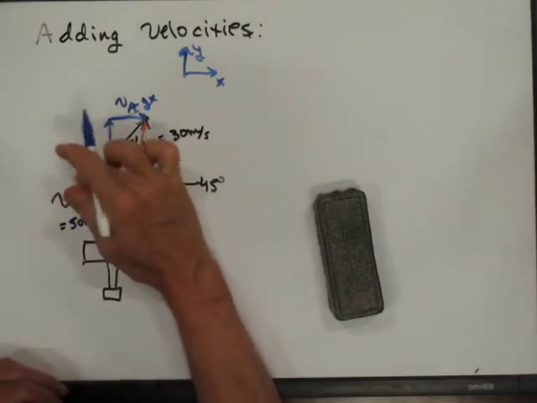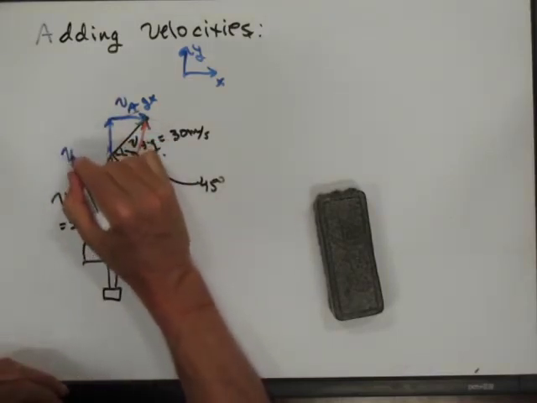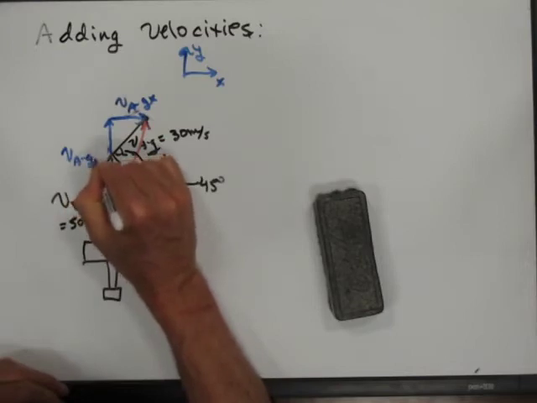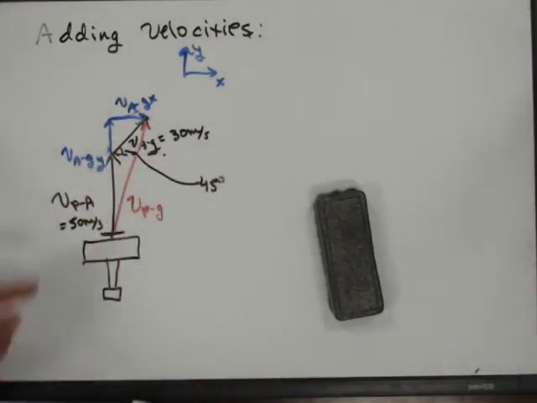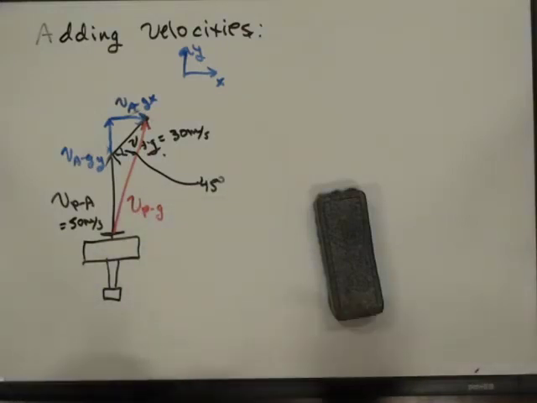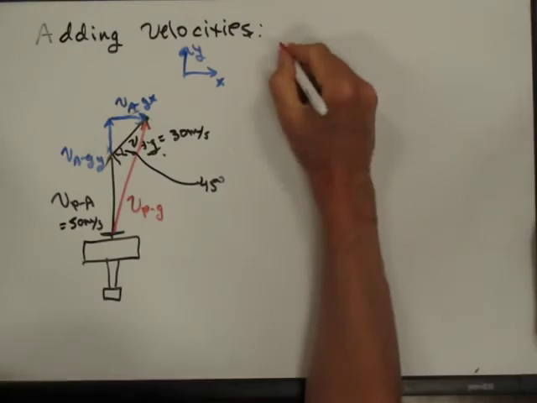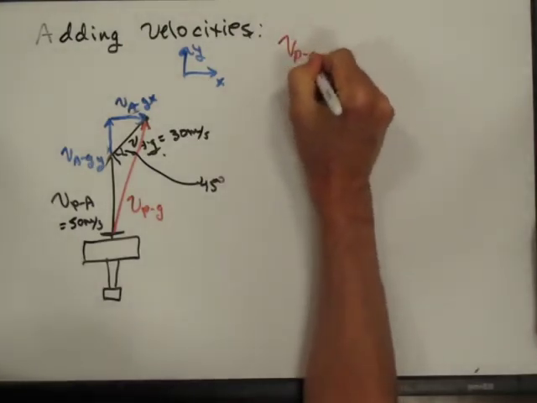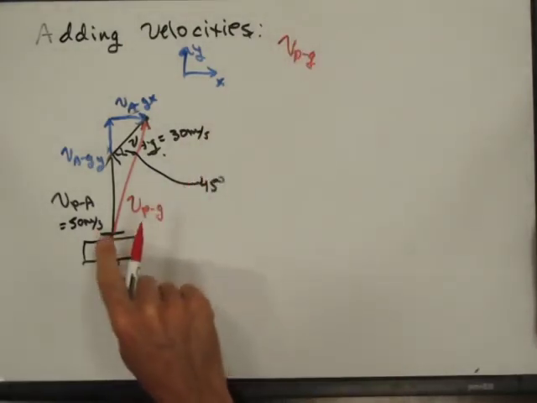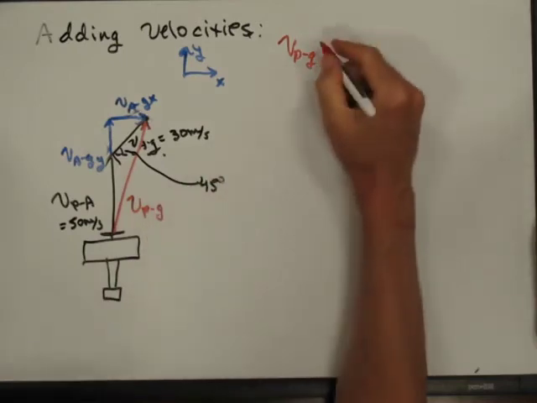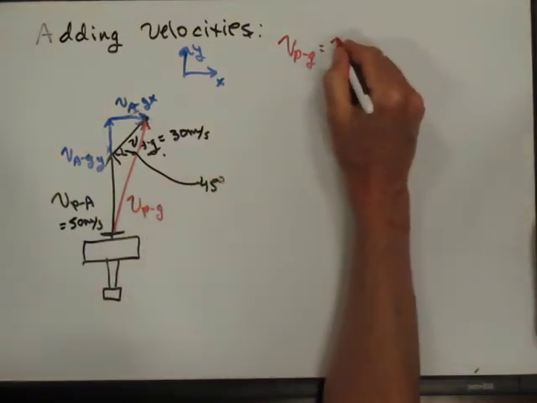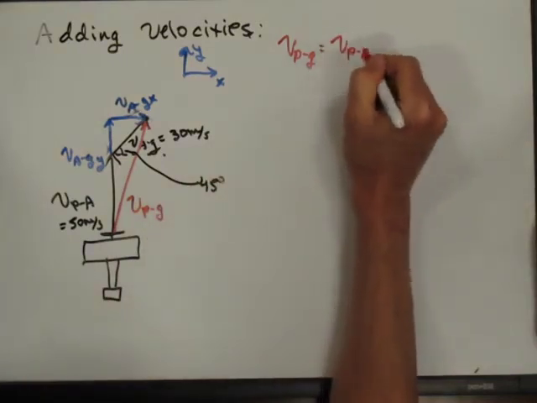Velocity of the air relative to the ground along the y direction, right? That's this guy. And so now you can sort of see that the x component, the velocity of the plane relative to the ground, which is what we're after, is equal to the velocity of the plane relative to the air